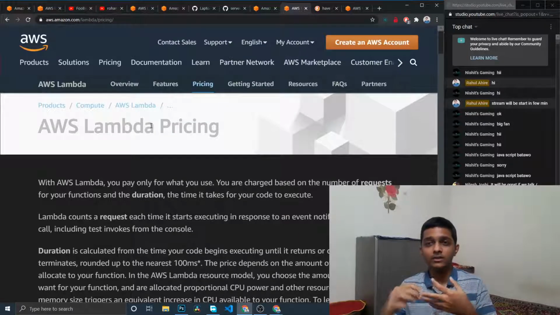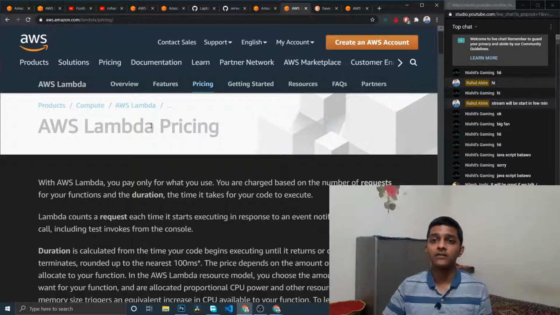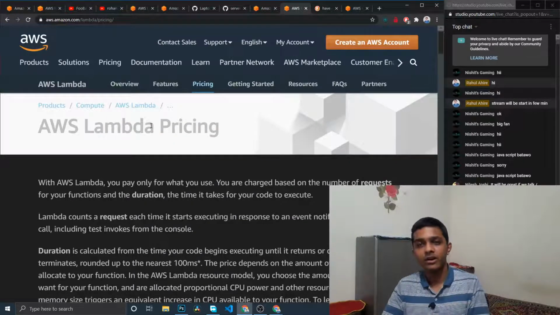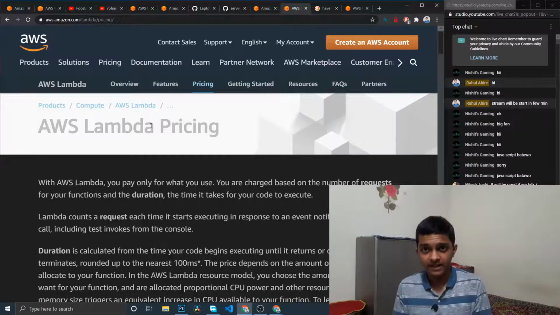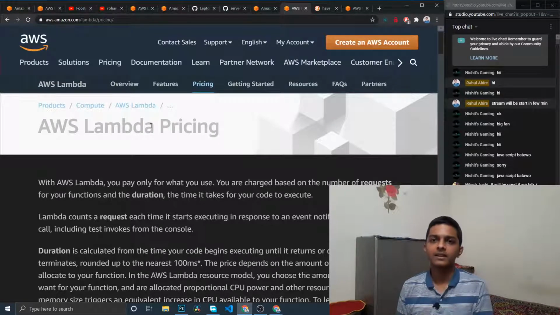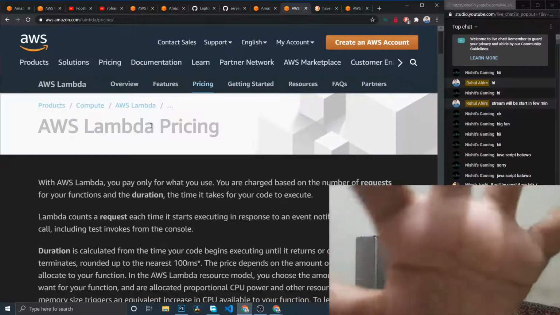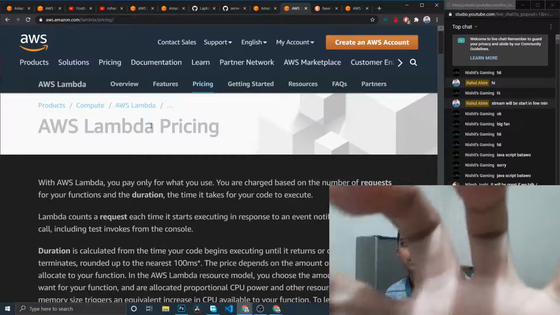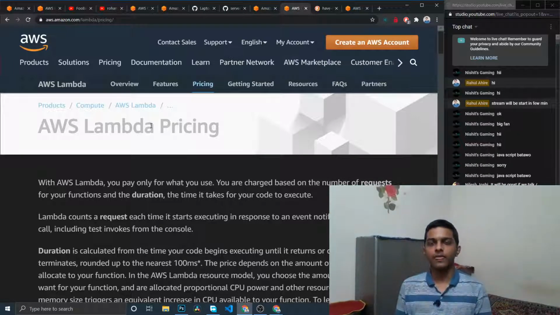Let's say it has the Ubuntu operating system, and on top of it you have installed an Apache or Nginx server, and then you are running your application itself. Then what happens is you are pretty limited to what it offers. Let me just close this notification, it's bugging me, sorry guys. So yes, you are pretty limited to it.